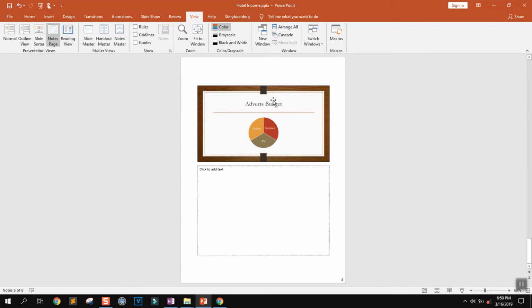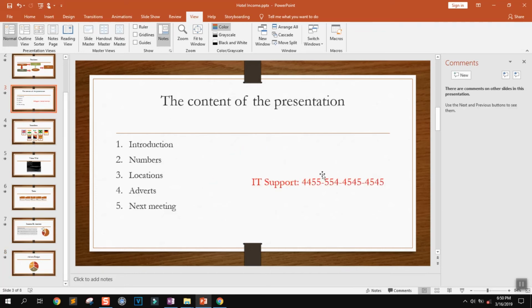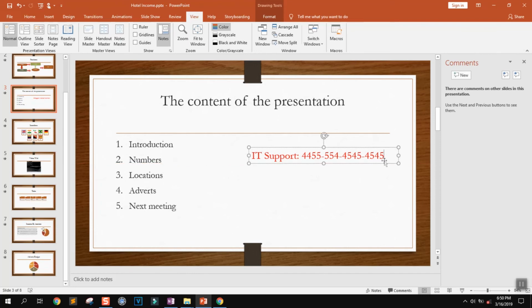Now our presentation is almost ready, so we are going to go back to normal view. And the last thing, we want to go back to the title and add a hyperlink, which could be an email address or also a website. So we are just going to click and type www.incoming.com and press enter. As soon as you press enter, it will underline the website link,